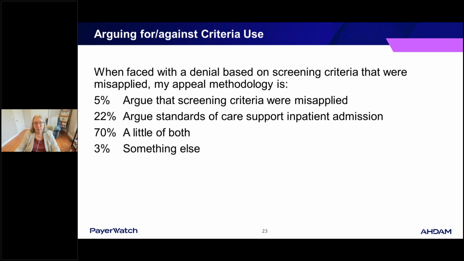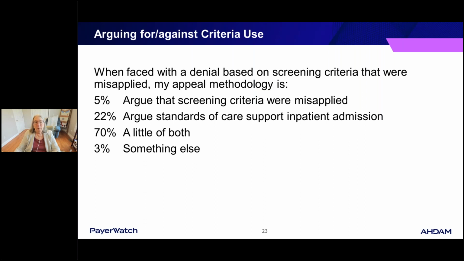They feel like you're agreeing with the payer. They will argue that the better method is to support the inpatient admission based on standards of care. And I've always been a big proponent of, it all comes down to standards of care and evidence-based